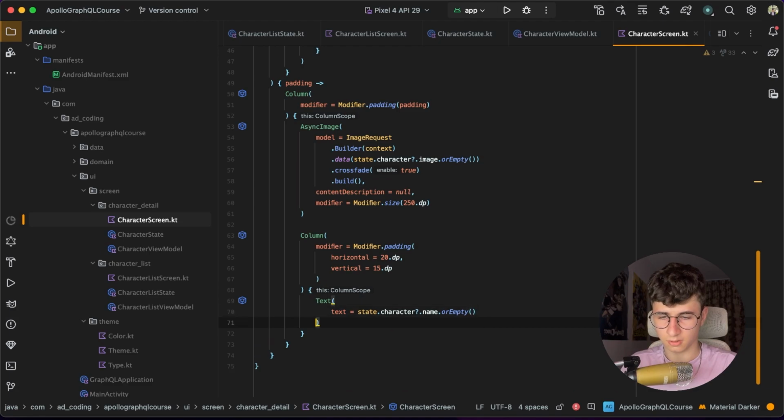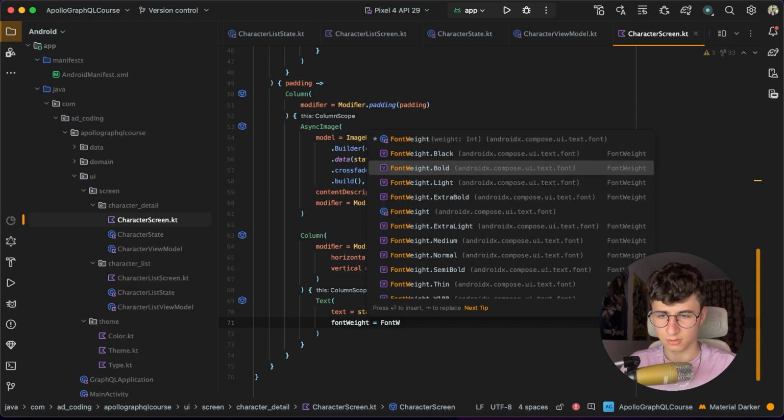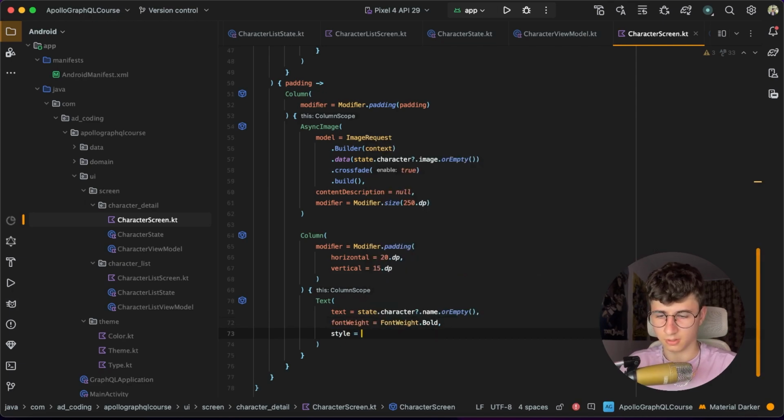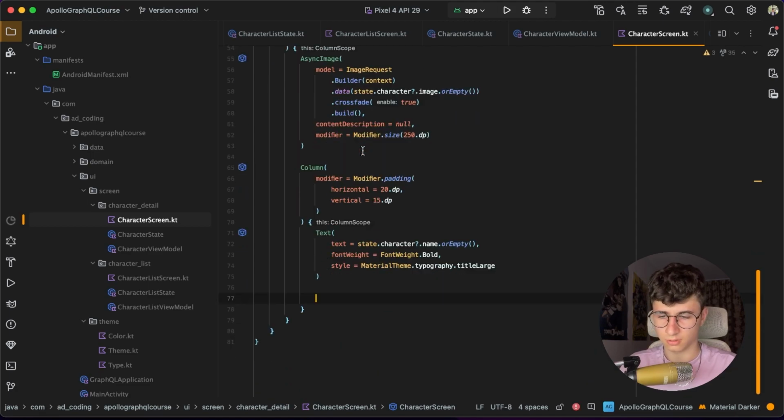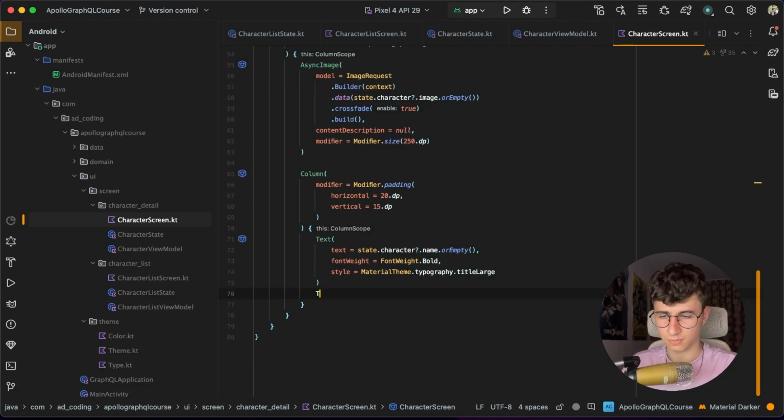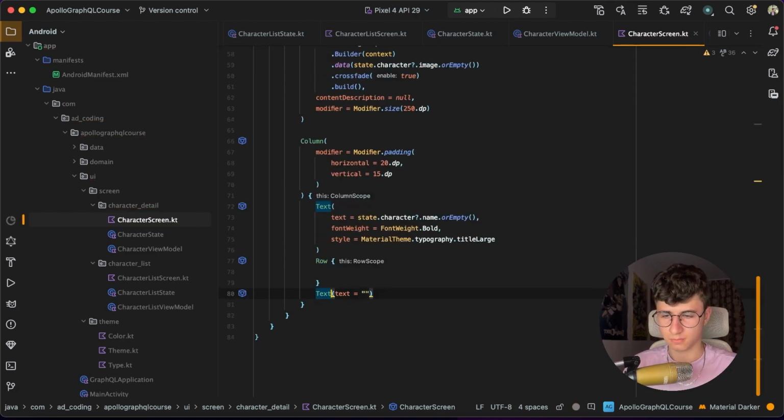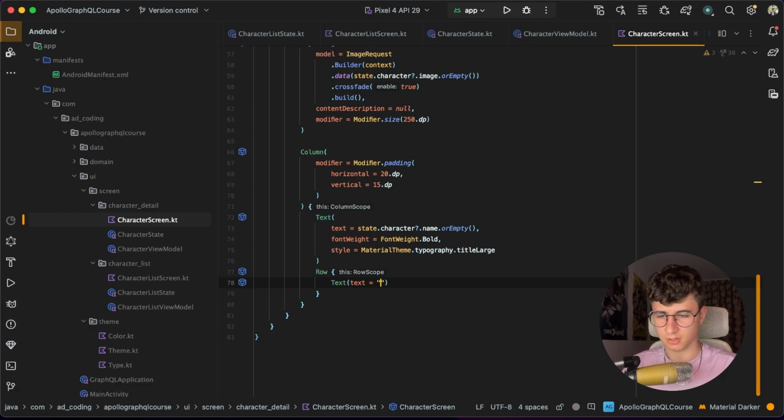Let's style this a little bit by saying fontWeight is FontWeight.Bold, and the style is MaterialTheme.typography.titleLarge, and let's also add the gender and the species one by one next to each other, and let's say a Row. Let's move this text here and say state.characterGender,